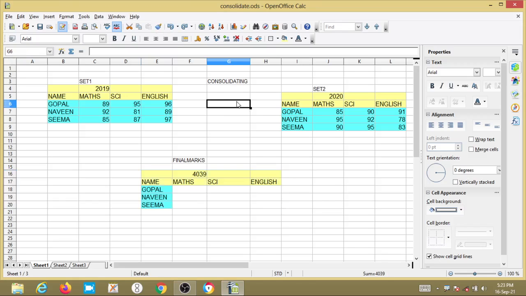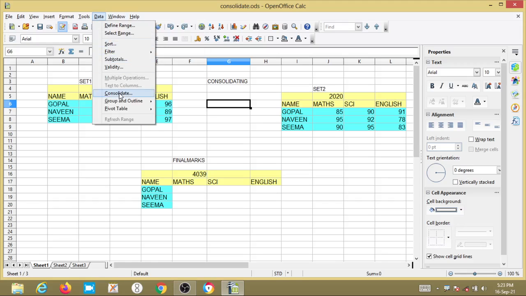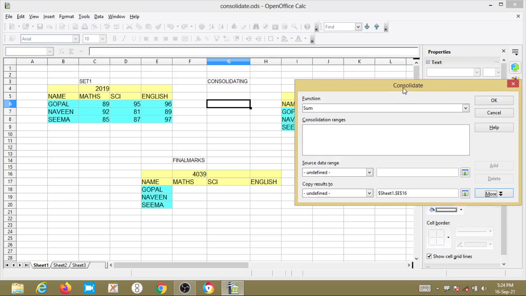After that, go to the menu bar, in data, consolidate. Delete this, select and delete. The consolidate dialog box will come. The function I am using is the arithmetic operation sum.